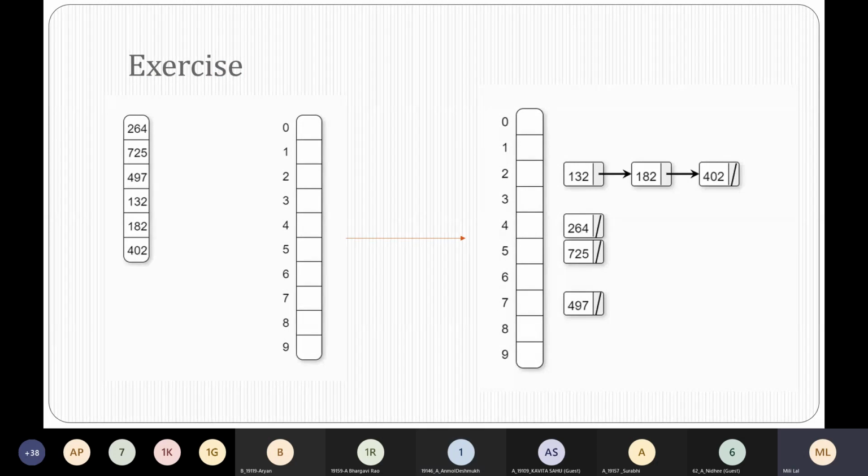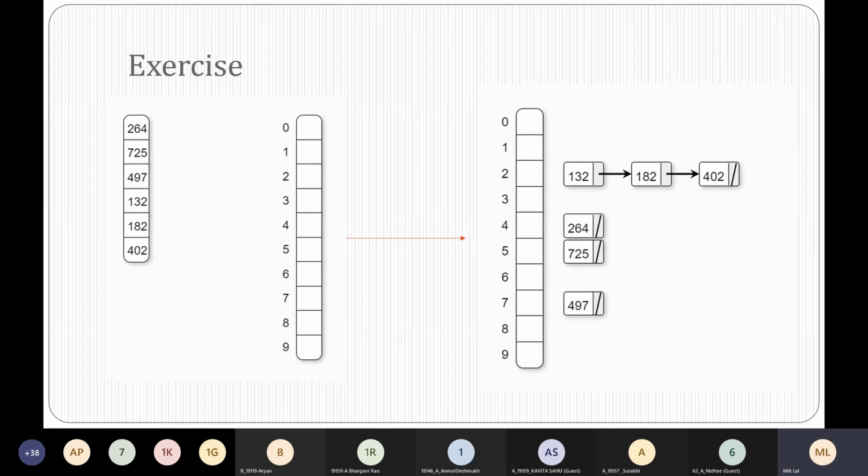So now we can take the example as 402. Can you see 402? Yes, ma'am. Okay. So 402 modulo 10, what is the value? 2.